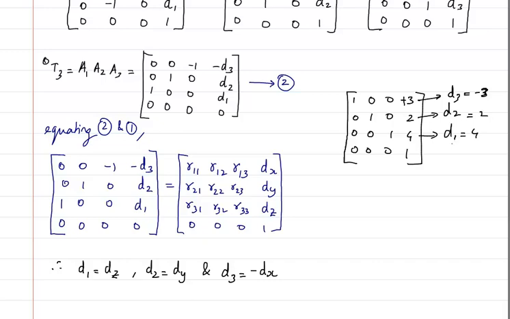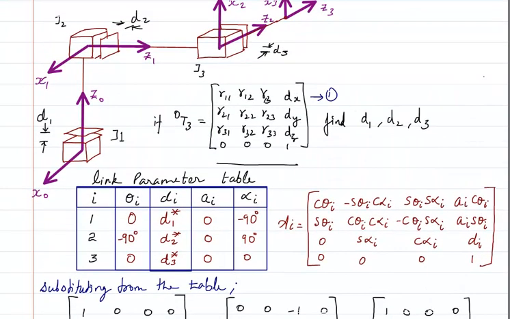Now generally, see here, you can see from this one itself. See, d1 is basically dz. If you look at it, d1 is basically in the z direction. If you draw an xyz, I will draw x, y, z, then you can see that d1 is in the z direction, isn't it? So d1 is in the z direction.